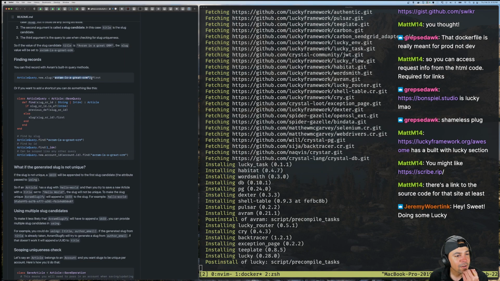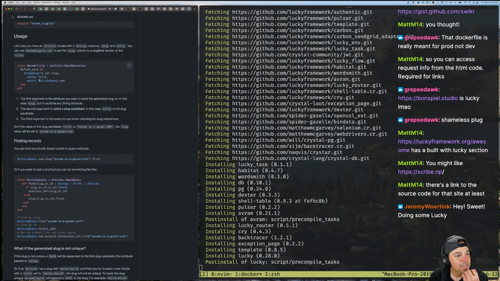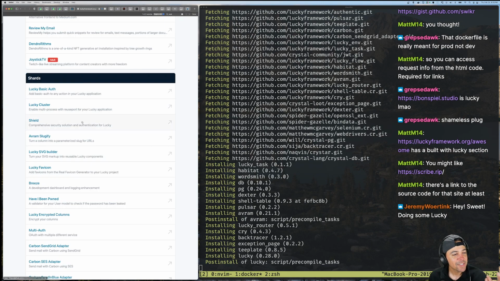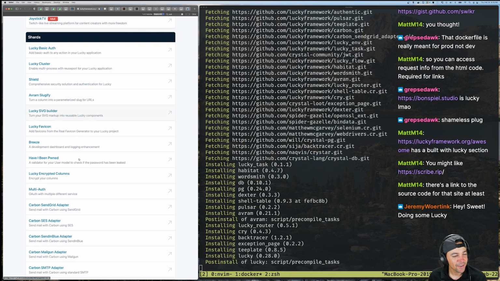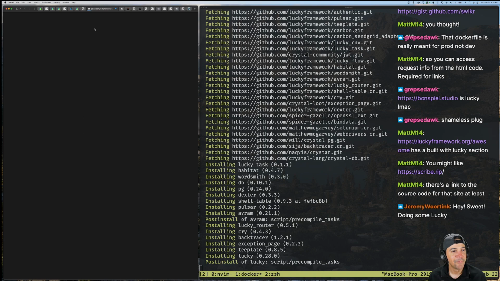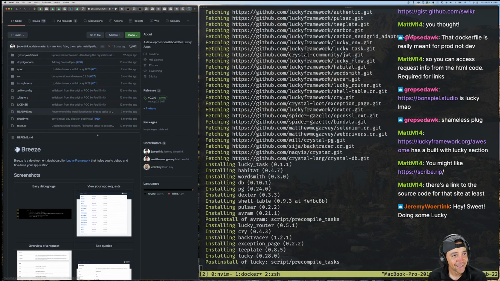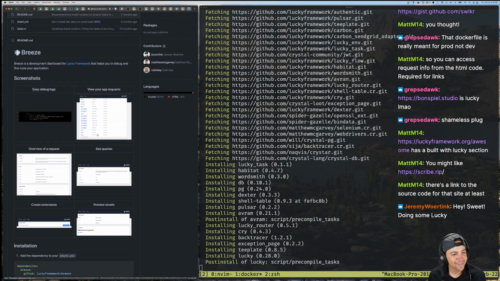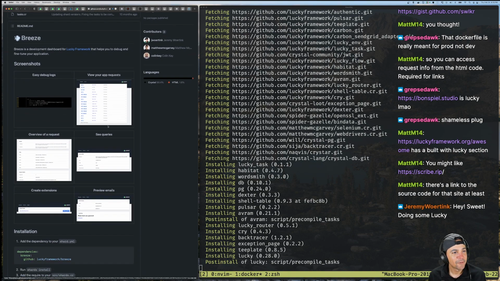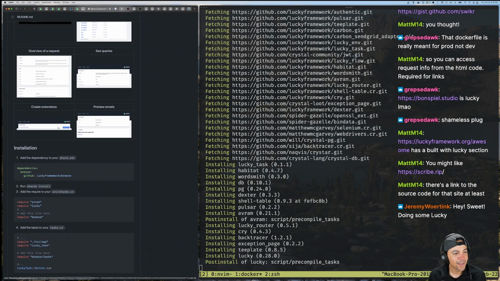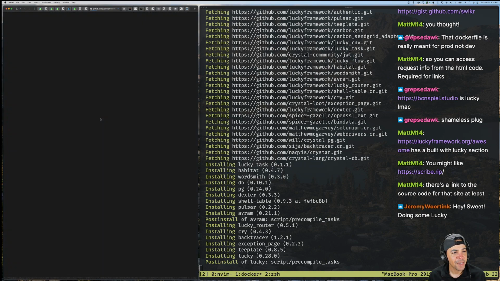Okay, so article query, new slug. Avram is a great ORM. Okay, yeah, this is cool. Oh yeah, that's interesting. Man, there's a bunch of Crystal shards that really take a bunch of stuff. I did not realize how much Crystal has been written. It was 2016, I thought, right? Was it 6 years? That's insane. This is what you were working on, Matt. Breeze, right? It's like UI stuff on top of Lucky.